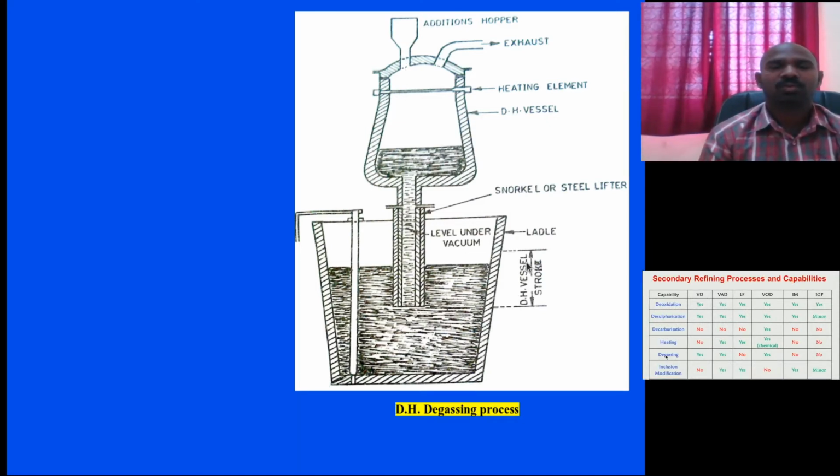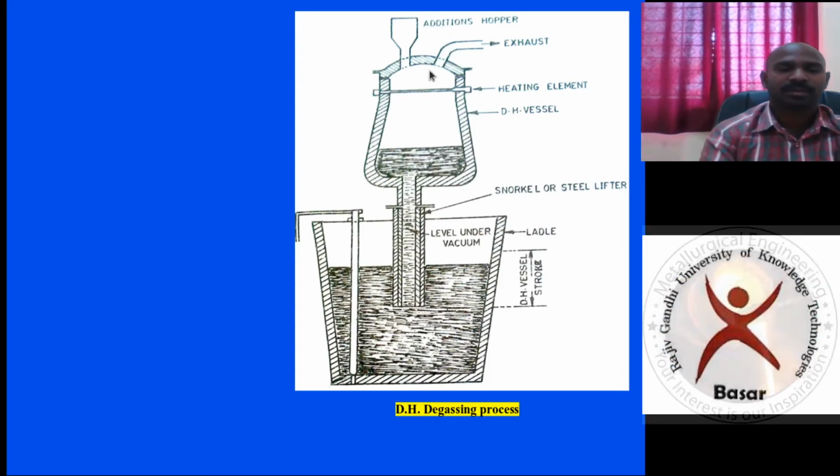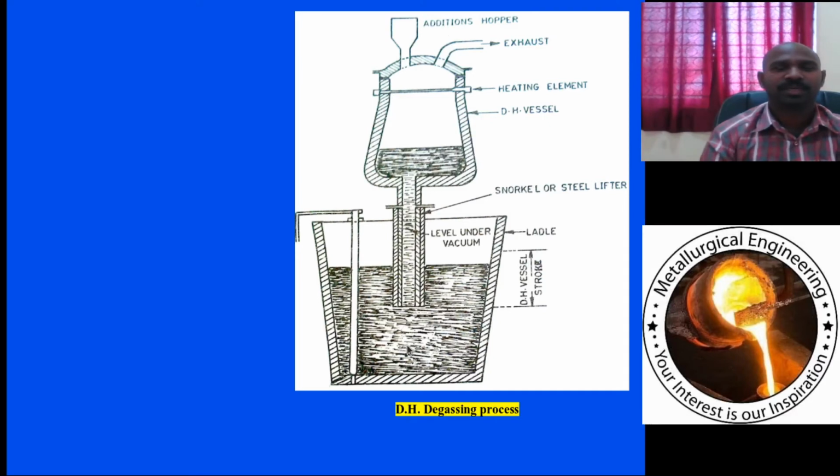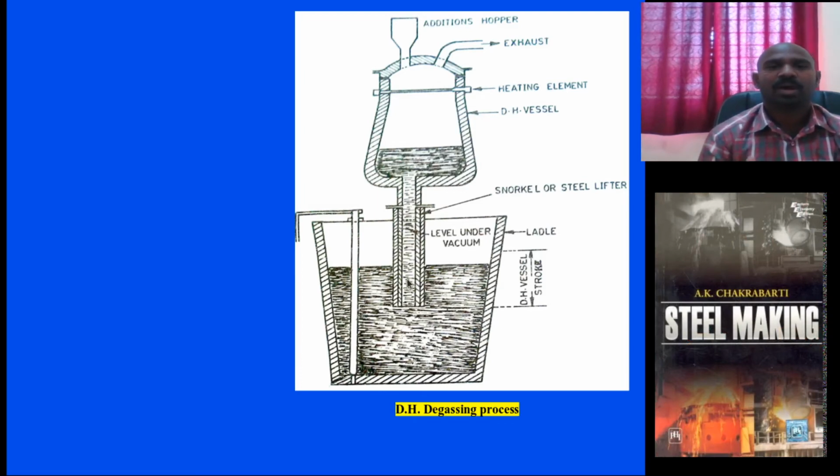This is the level of the DH vessel, and the DH vessel will come to this much and it will be taken out. It is a motion of up and down movements. By the way, this molten steel will go into the DH vessel and it is subjected to vacuum, it is degassed. Some amount of hydrogen and nitrogen levels are reduced. When it is going up, this molten metal will come down here.